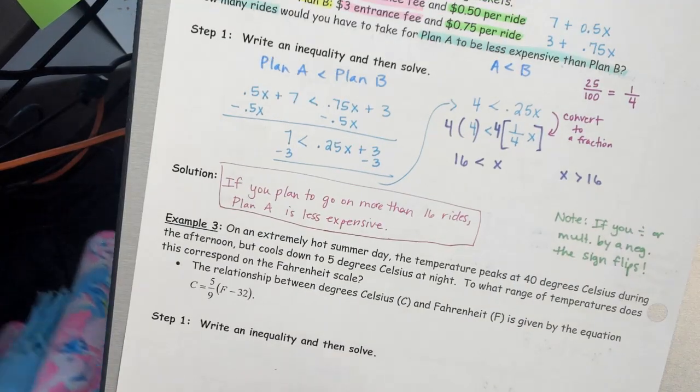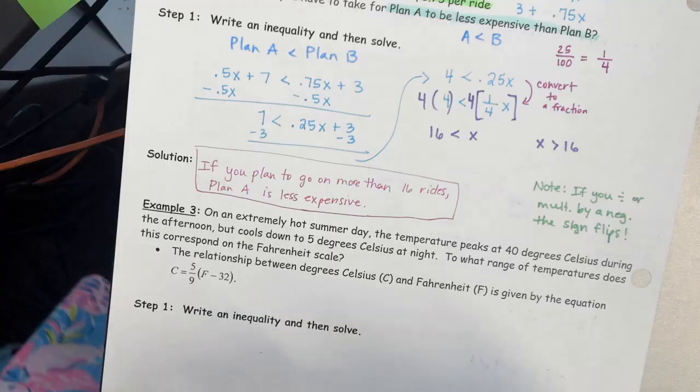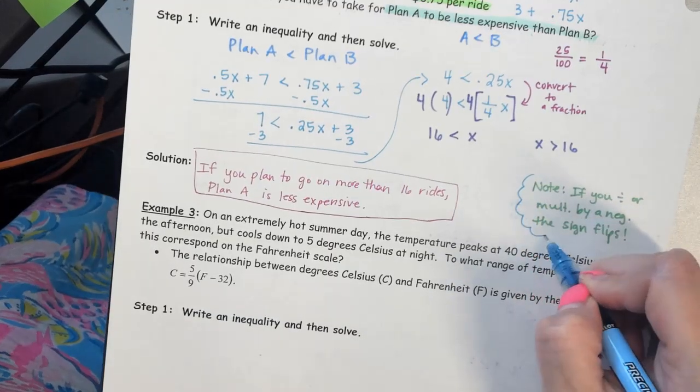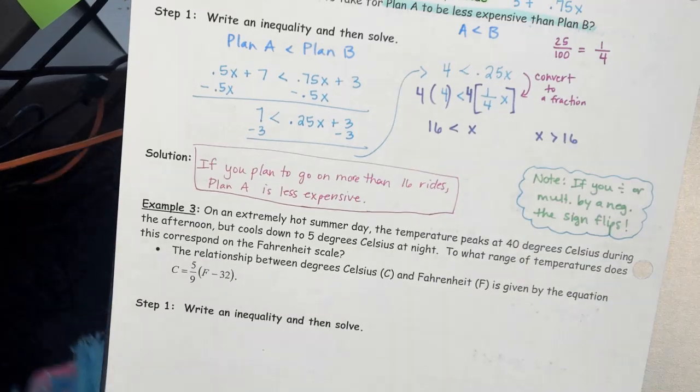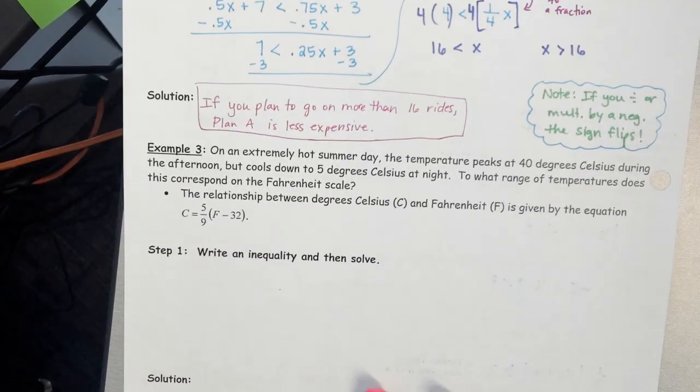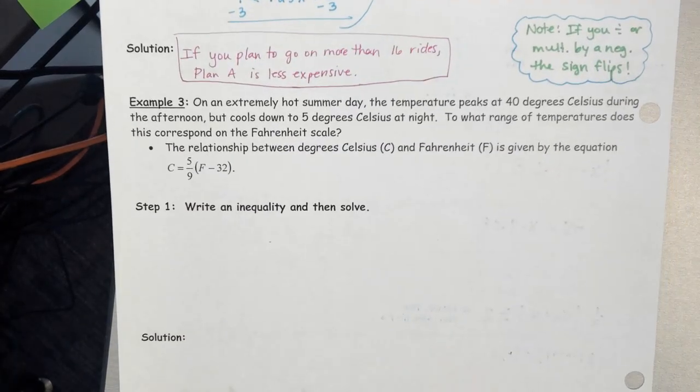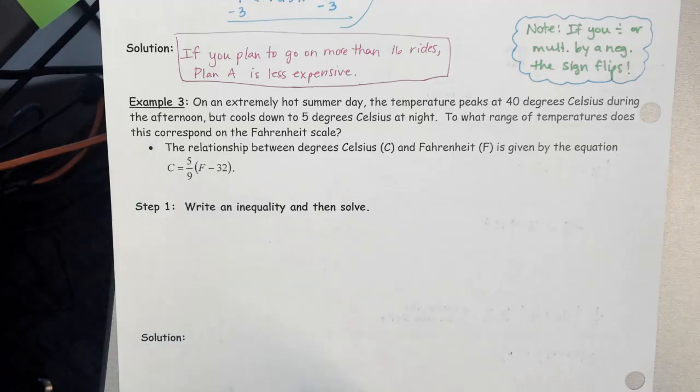Okay, so we do need to remember that rule. That's a good reminder. That's something that's simple that we forget sometimes. All right, and example 3, it says on an extremely hot summer day, the temperature peaks at 40 degrees